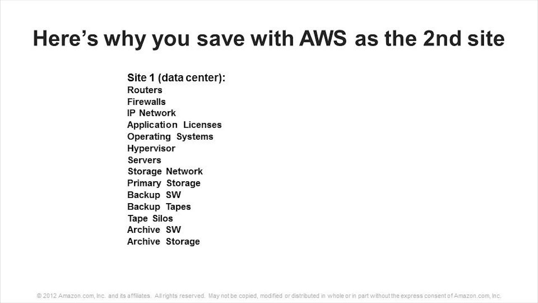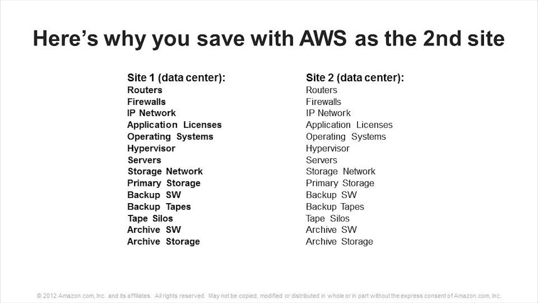Now, if you have a requirement for DR, for a lot of organizations, what that calls for is a second site. So you need a second data center or a colo, and you've got to replicate that full stack in order to be able to fail over to it. So of course, it's not going to be one for one.